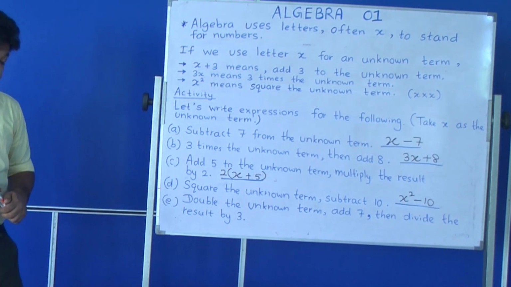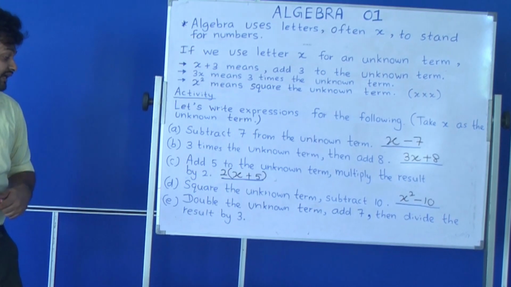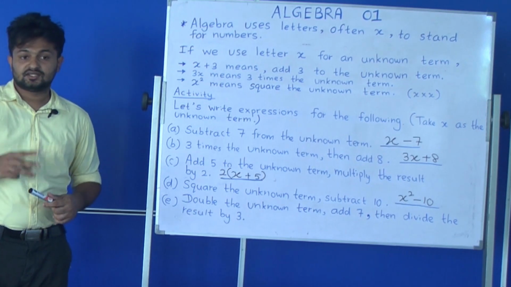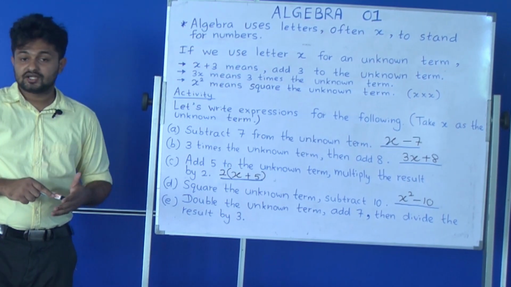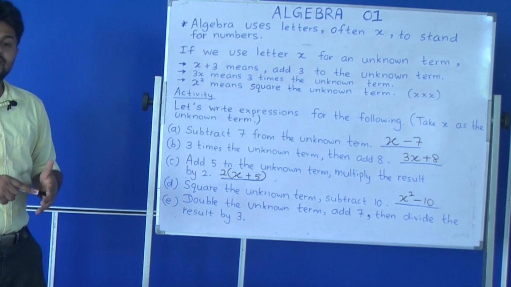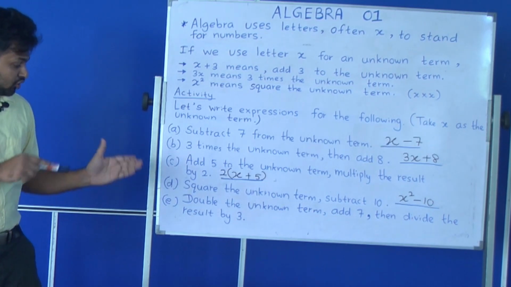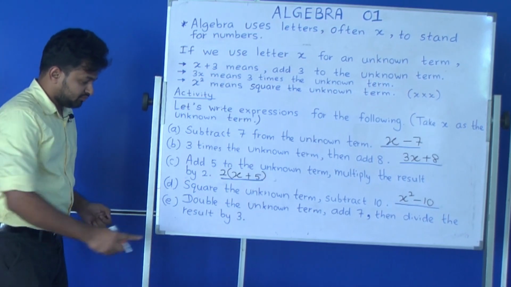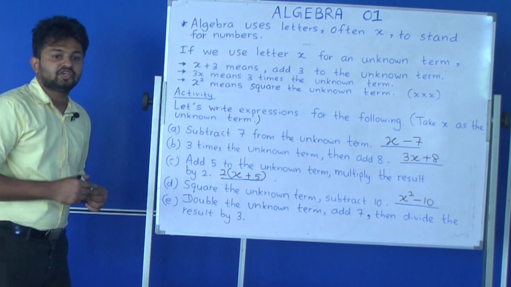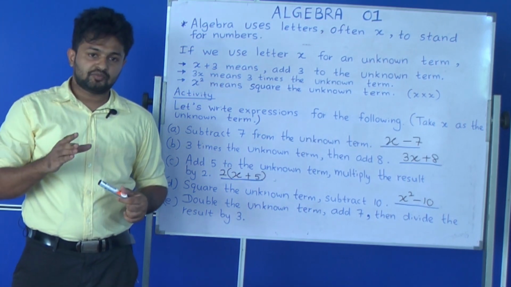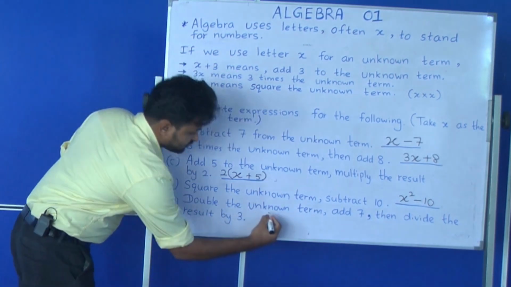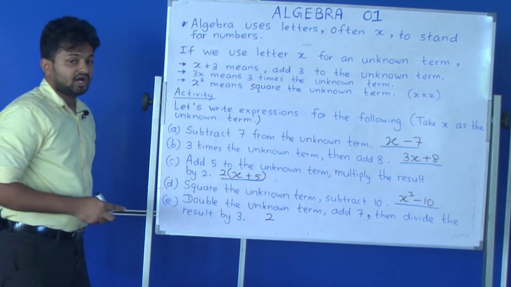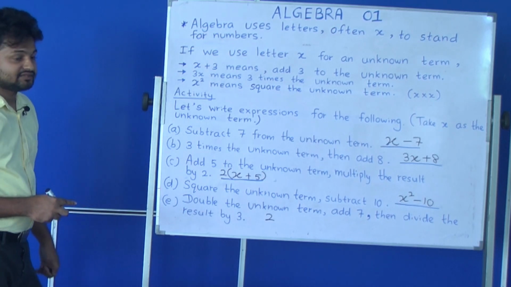Then we will go to the last one. Double the unknown term, add 7, then divide the result by 3. There we have to do 3 operations. First of all, we have to double the unknown term, we have to double x, then add 7, then finally the whole result should be divided by 3 as well. So we'll go step by step. Double the unknown term. You know doubling means multiplying by 2. So simply you can write, when 2 gets multiplied by our unknown term, that is x we use,